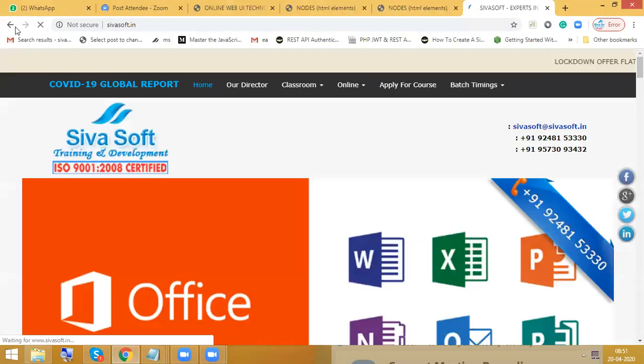So our example is, okay, whenever I'm clicking on this, we are going to load sivasoft.in. So that's it. This is the way we can work with this location concept.